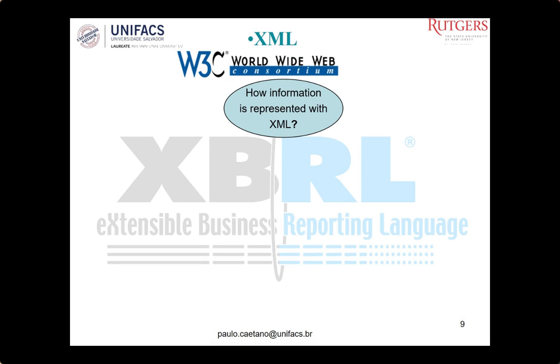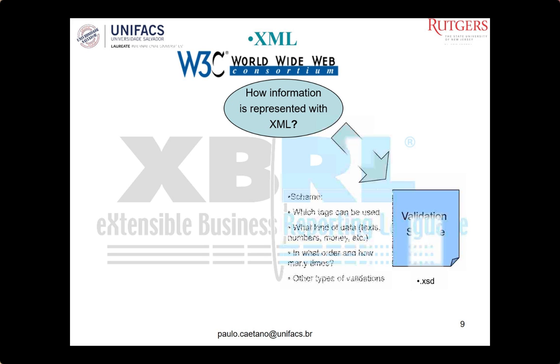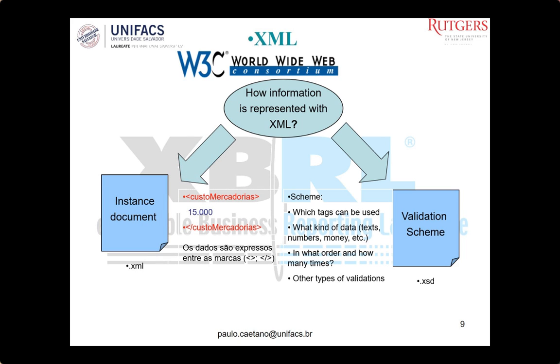So how is information represented in XML? You have a validation schema, for example, which tags can be used, what kind of data: base, number, money, in what order and how many times it can be used in instance documents, and other types of validation. The instance document is a document with